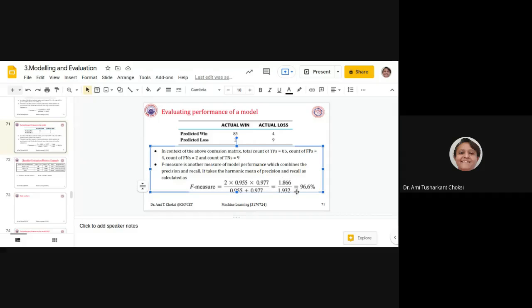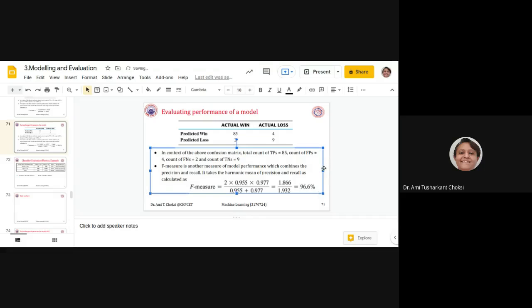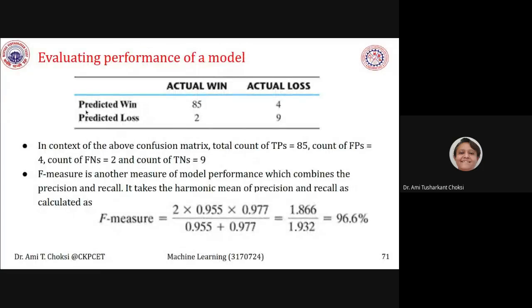And just to have the idea of what is true positive, true negative, false positive and false negative, let us see this simple table. What is there in it? Predicted win and actual win. When both are win, predicted and actual, it is a true positive. Predicted win means it is positive. Win is the positive thing which we want to have, and loss is the negative. So true positive is where predicted win and actual win is there.